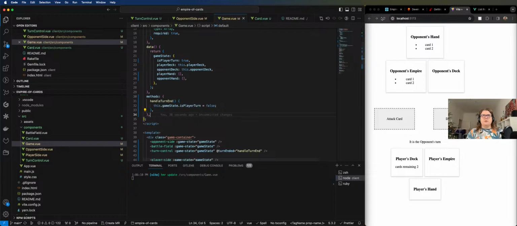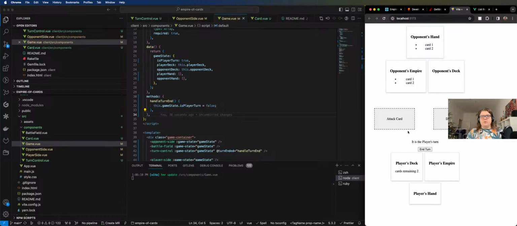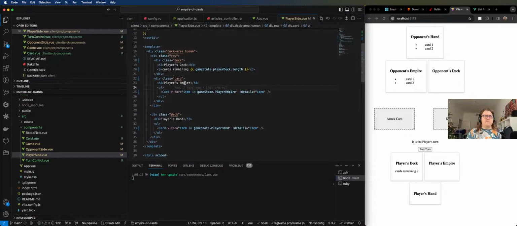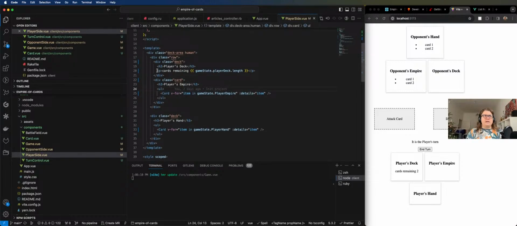Okay, so the next thing I want to do, we want to refresh. We want it to be the player's turn. We want to be able to click on the player deck and pick up cards, right? So in the player side, this is going to be player's deck. So we're going to have a